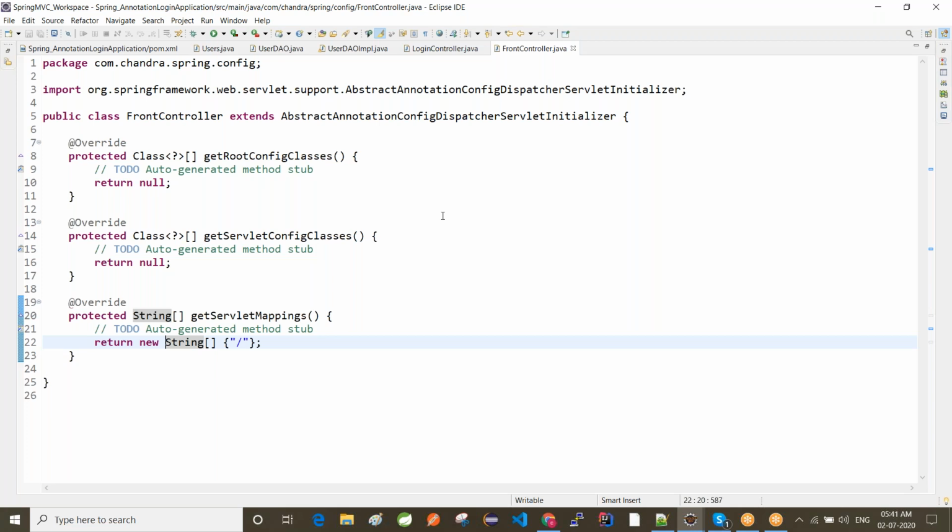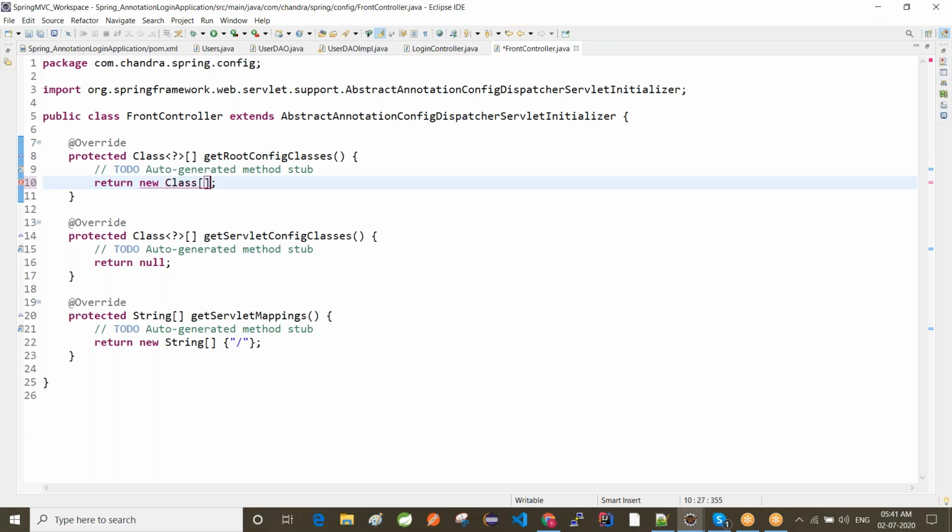Next, I am going to write in the Spring configuration also. The Spring configuration class also you need to mention here. That is called the root config class. The root config class is the Spring.xml equivalent Java class. Here, where I need to configure, at this method level, I need to configure. How to configure that one? We have not created that class, we need to create that class. Even though I am mentioning here a new class